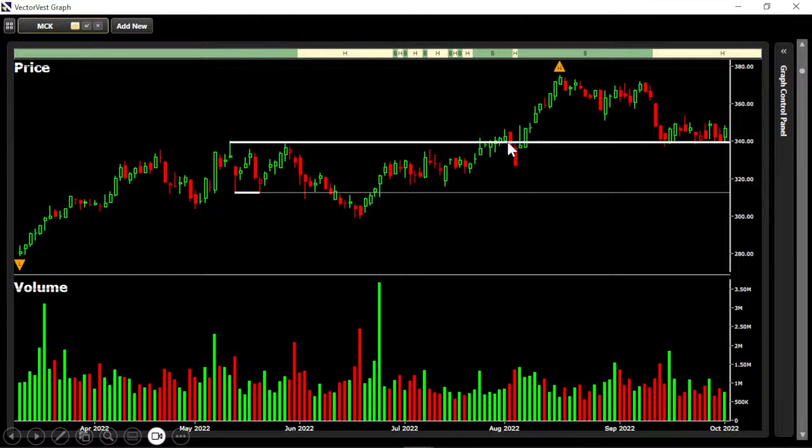And that's where supply is deemed strong enough to resist the price of the stock rising any further. A little hesitation once again here in August of 2022, but then the breakout. Nice breakout above that resistance level. That resistance level now becomes support, and we're seeing our first retest of that support level. Again, we've got our trader's hats on. We know it's a fundamentally good company. I'm just looking for a buying opportunity.